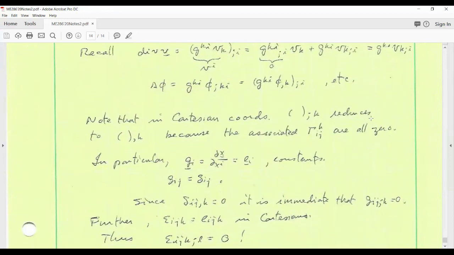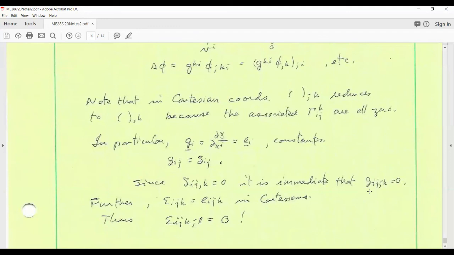In your next homework, you will prove that the covariant derivative of the second order tensor is itself a third order tensor. And you will prove a transformation formula for third order tensors. That transformation formula will enable you to prove that if a third order tensor is 0 in one coordinate system, it's 0 in all coordinate systems. Well, this object here, g sub ij semicolon k,